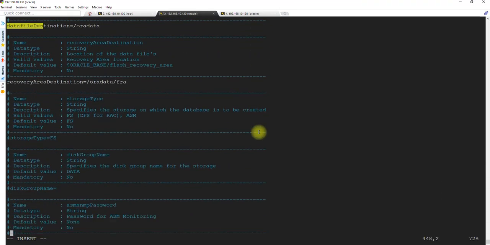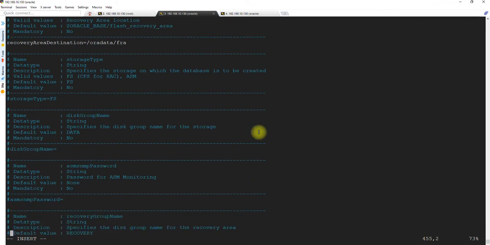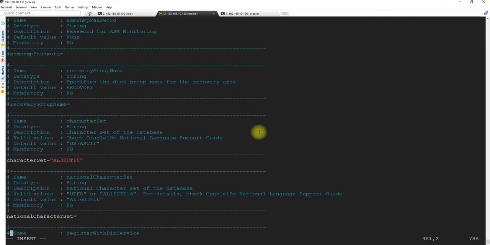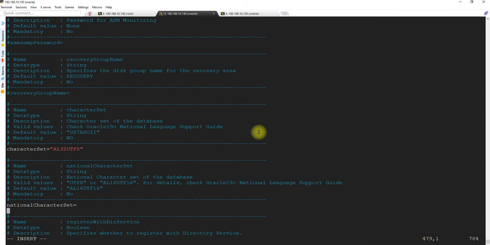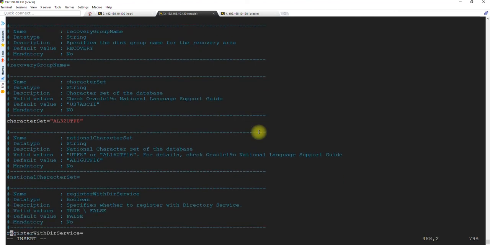I don't know about the data file destination. I'm just confused about that, but that's okay. So this is not needed.